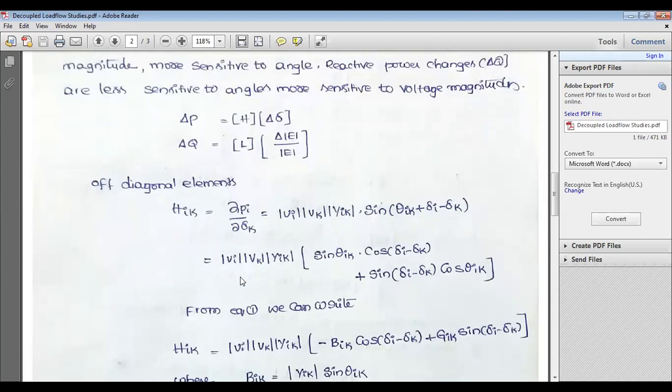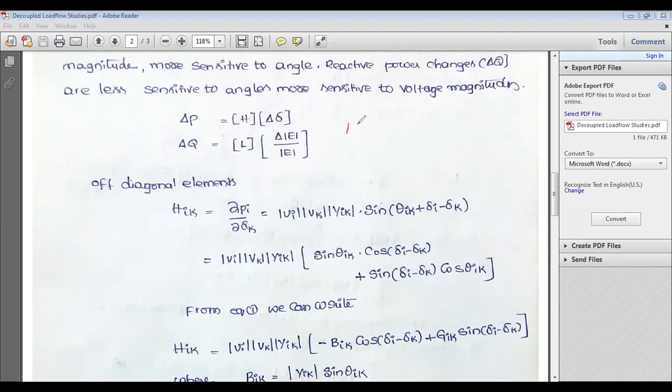Now the problem comes into the picture. Just now we have derived the expressions for Pi and Qi. Now the actual solution, delta P and delta Q, completely depends on the elements of H and L. Now how can we obtain this one?